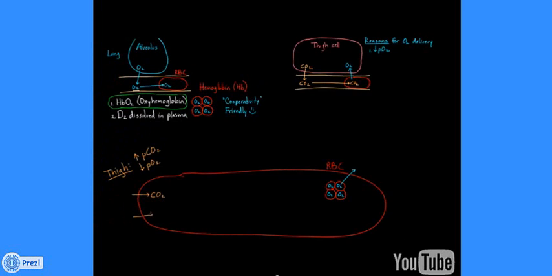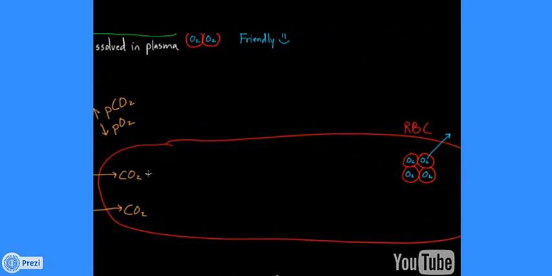So let's actually follow what happens once CO2 starts getting into the red blood cell. Now, this first CO2 molecule is going to meet up with a little water. Remember, there's a lot of water in the red blood cell. In fact, there's water all over the blood; it's made of mostly water. And so it's not too hard to imagine that a water molecule might bump into the CO2. And there's an enzyme called carbonic anhydrase, and what it does is it combines the water and the CO2 into what we call H2CO3,